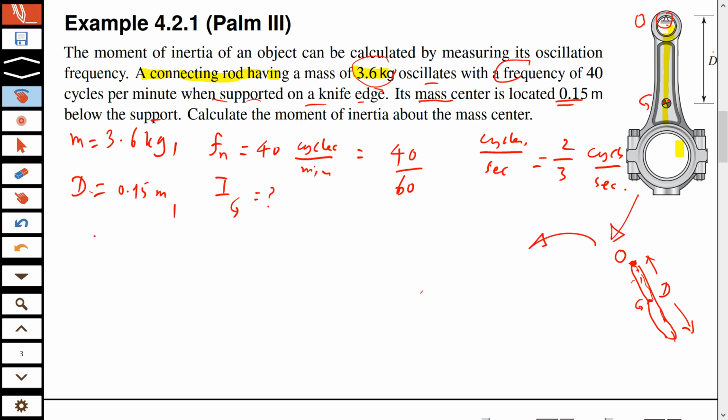Okay, moment equation about point O. Rotation about O होगी ना. Okay, let's call this theta. So when this is theta, you will write I. The moment of inertia will not be about G, it will be about O. Remember, this is G, this is O, and when we write equation of motion for the pendulum, we take it about that pivot O, because support वहाँ पे knife edge पे है. Knife edge आपका O है, G नहीं है. So I O times theta double dot